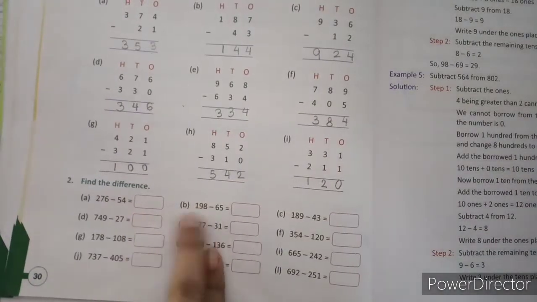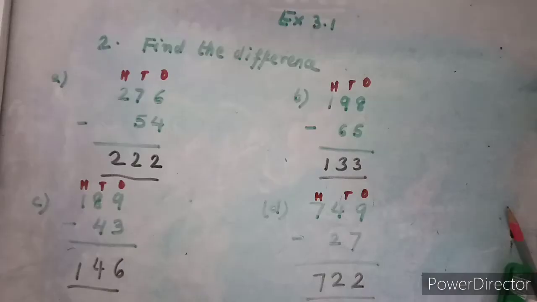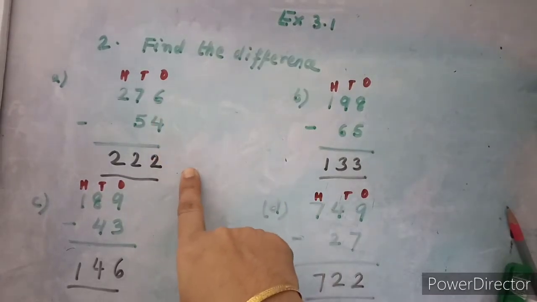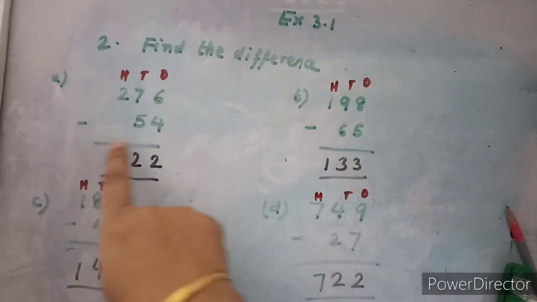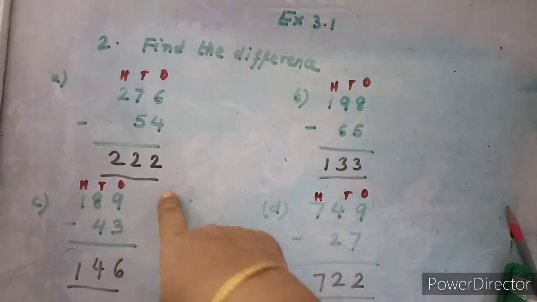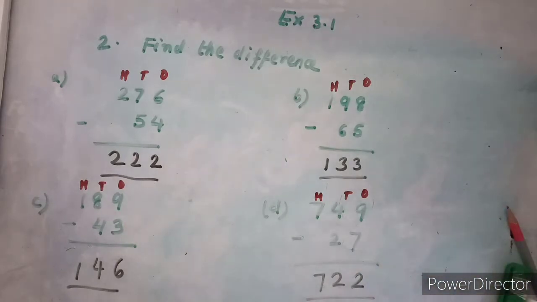So we will start with the work. Now you can see how I have written it in the arrangement. In standing position, vertical position, I have arranged the numbers. Okay, so 276 minus 54 calculated. Now see all the calculations properly. I have done 4 sums for you. Right now I have done only 4 sums. So please go through all these 4 sums.